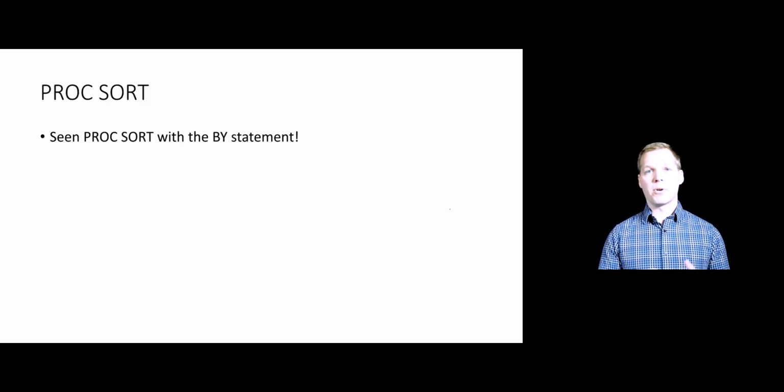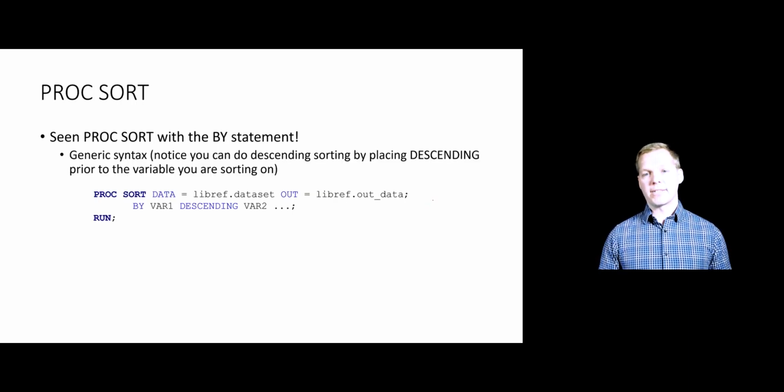With proc sort, we use a proc sort statement, and then we use the by statement to say which variables we want to sort by. Here's some generic syntax for utilizing proc sort. Basically, what you want to do is specify the data set you want to sort using the data equal option, and then the output data set. This is an optional